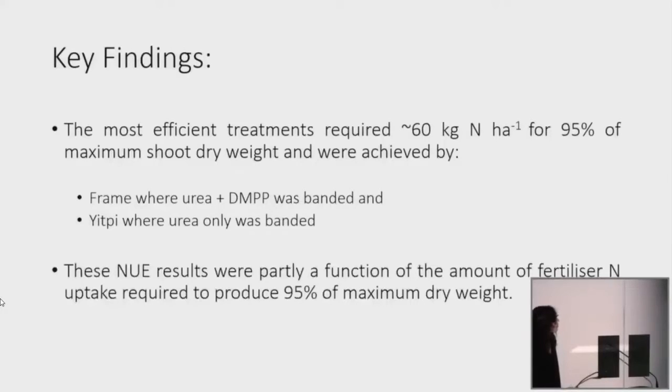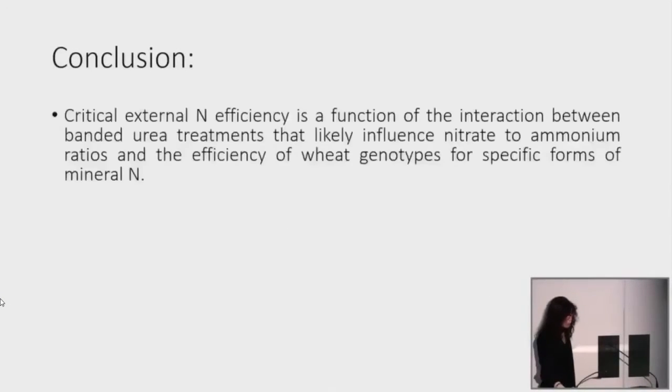These nitrogen use efficiency results were partly a function of the amount of fertilizer nitrogen uptake required to produce 95% of maximum shoot dry weight. To conclude, I would say that the critical external nitrogen efficiency is a function of the interaction between banded urea treatments, which likely influence nitrate to ammonium ratios, and the efficiency of wheat genotypes for specific forms of mineral nitrogen,